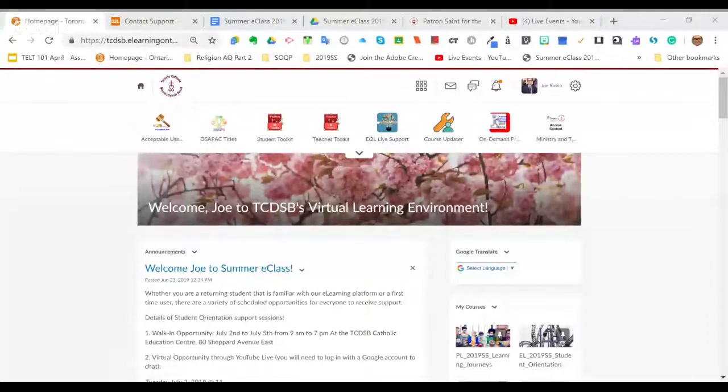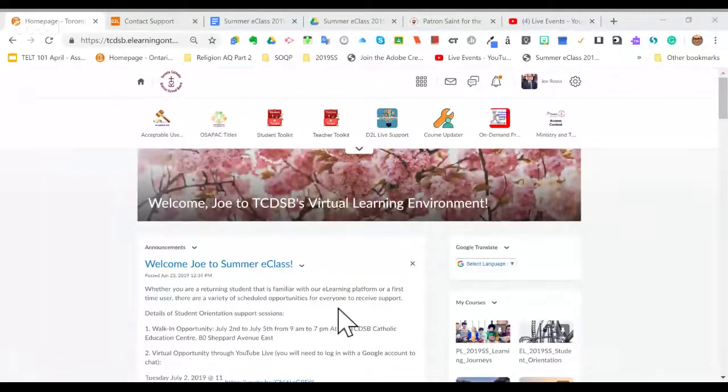So where will our exams be held? Our exams will be held at the Catholic Education Center. Again, these are the face-to-face exams at the Catholic Education Center, 80 Shepherd Avenue East. All of this information is already available. What I'll do is show you where it's available. So if you're looking at